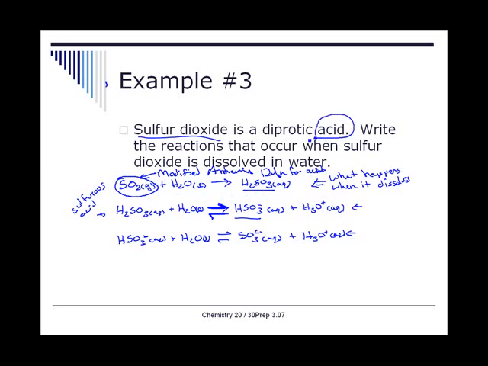For these questions, you won't necessarily be assumed to predict if something is an acid or a base. You'll be told this acts as an acid, show how it acts as an acid. There aren't many examples in the book, but take a look at those, and I will see you in the next